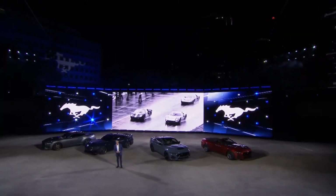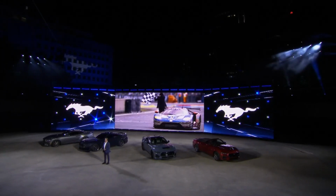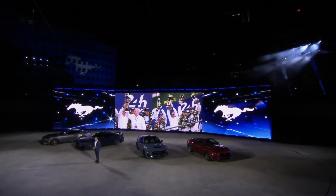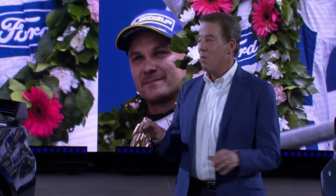Mustang has raced at all the great tracks around the world. But there's no race or no track that means more to our history than Le Mans. It's where we took on Ferrari and won in the 1960s. And it's where we returned 50 years later and shocked the world again. And tonight I'm announcing that we're going to go back to Le Mans again with this Mustang. And once again,